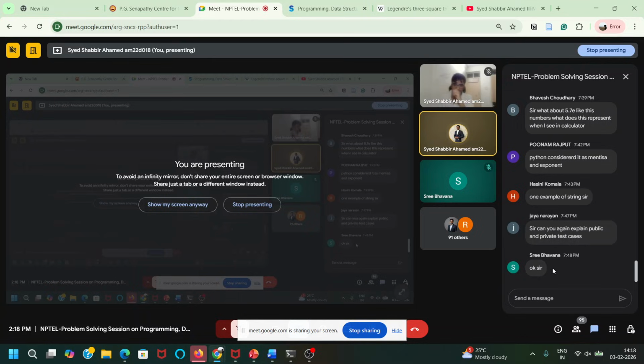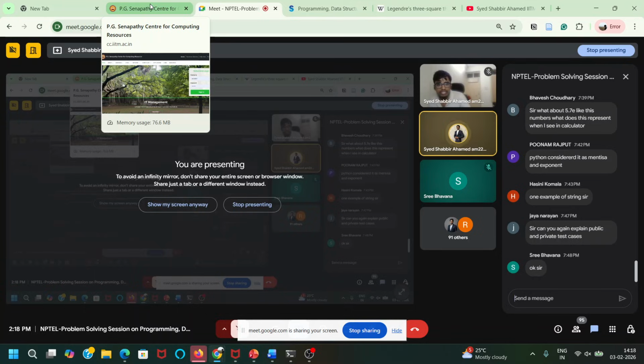So they will test you with public and private test cases. Private test cases may be somewhat difficult. If your code passes only some test cases and fails others, it means your logic is not complete.